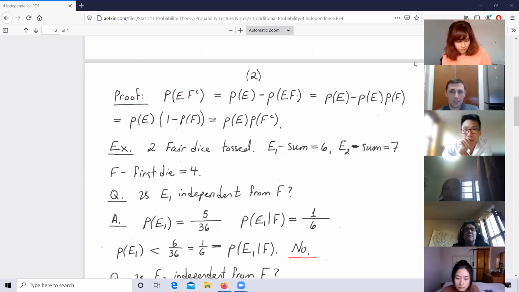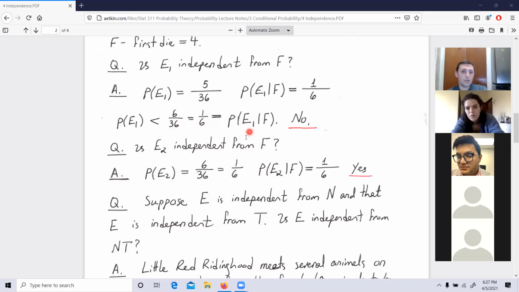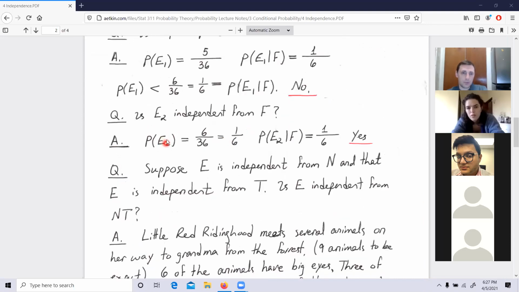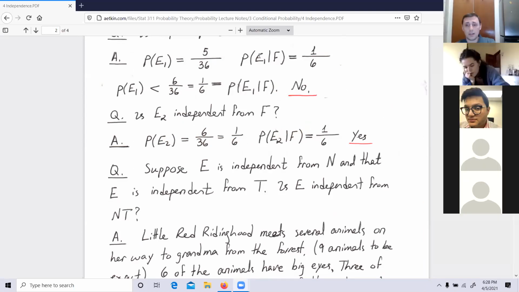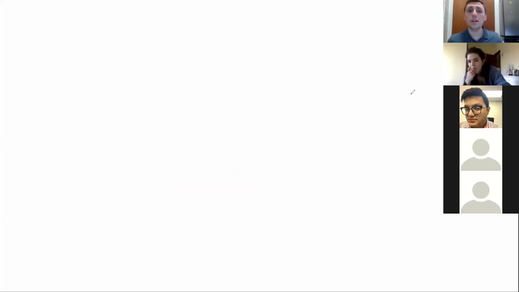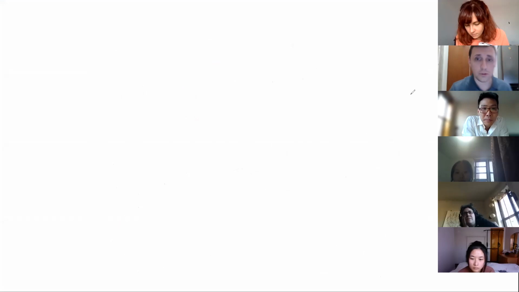All right, let's do it together, I hope. You understand, guys, what you do. So first of all, the unrestricted probability of E2 is 6 over 36, which is 1 over 6. And the probability that E2 occurs given F is 1 over 6. So you see what happens in the situation. Independence does not mean that that information was irrelevant or did not affect our understanding of what universe we are